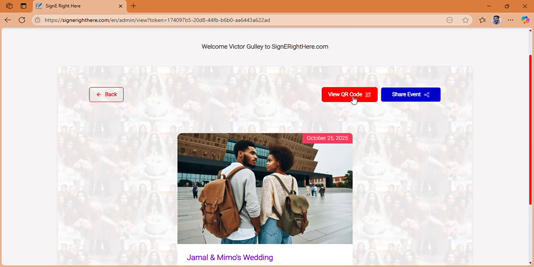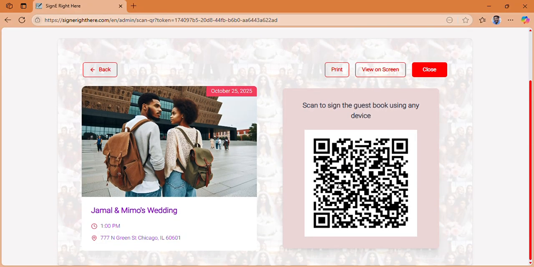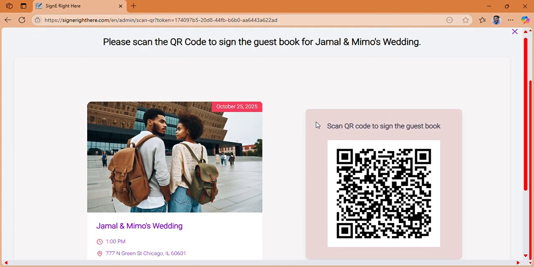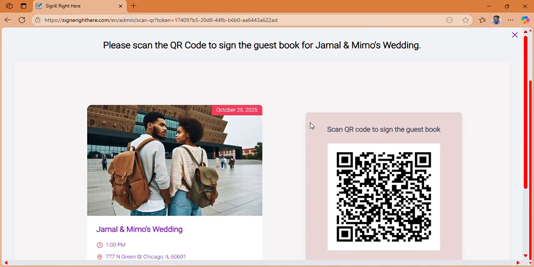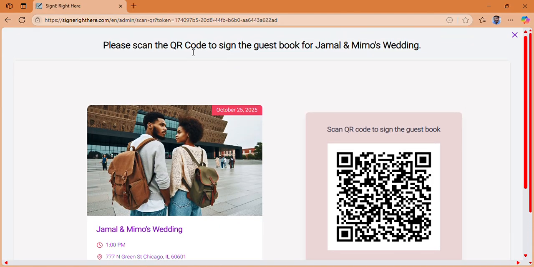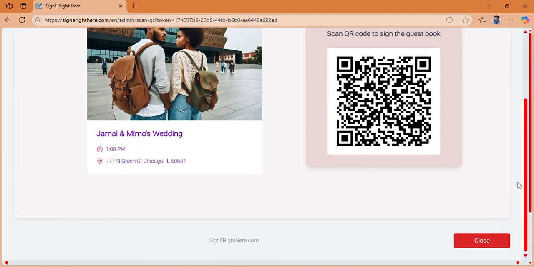Now when you go into that guest book, you can view this QR code. You can copy this code and place it anywhere on the tables or at the front for everyone to sign. Or if you want, you can just have it on a tablet where everyone comes in and they will get this screen where they have to scan and then enter in the data. Or